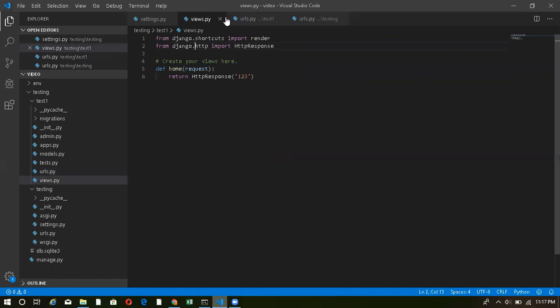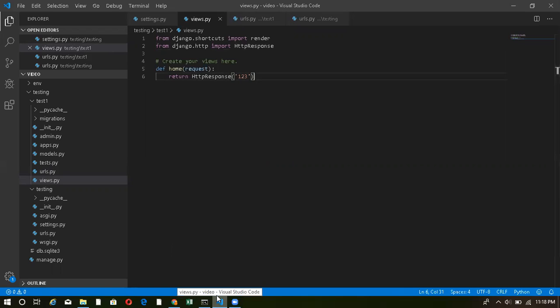Inside my views.py, I had to import HttpResponse from django.http and then return this. So this is the basic configuration of your Django. So this is how it works.